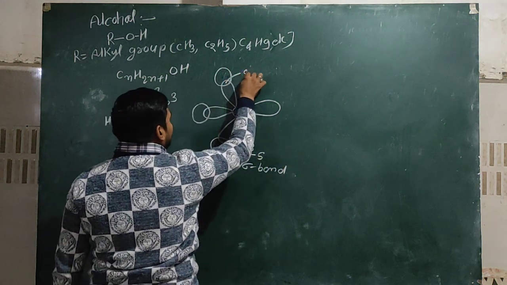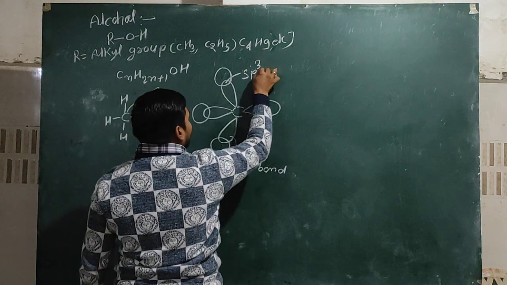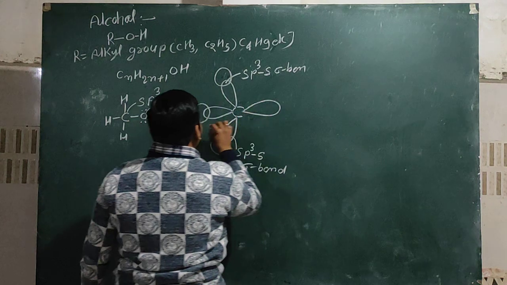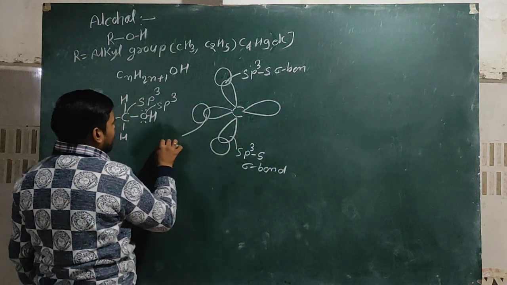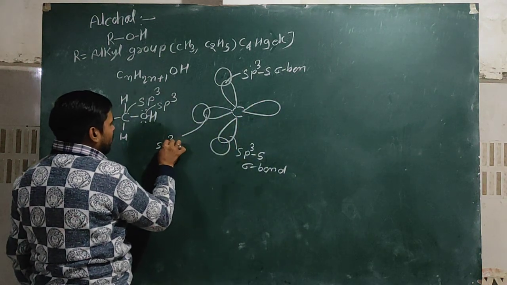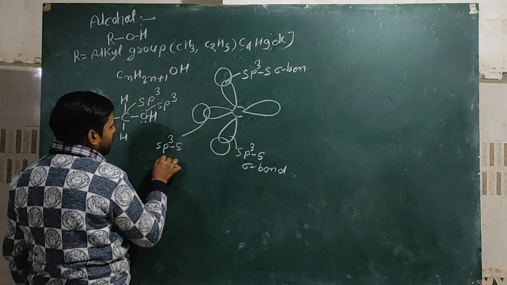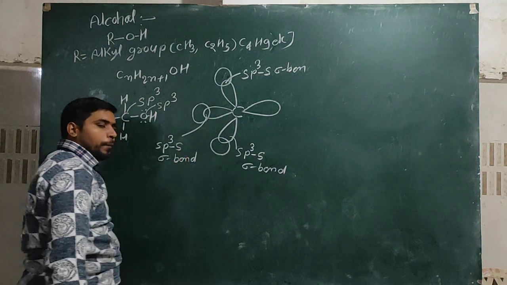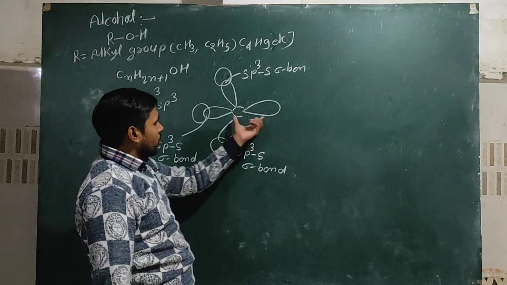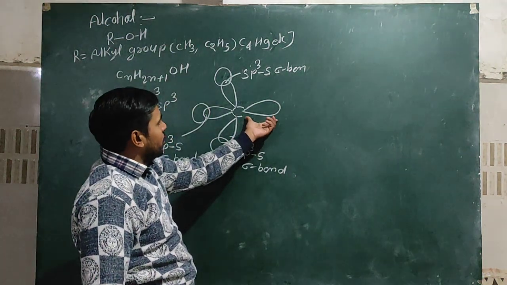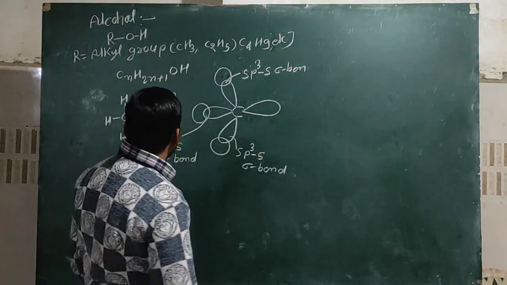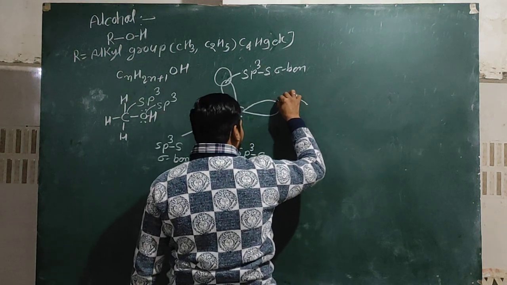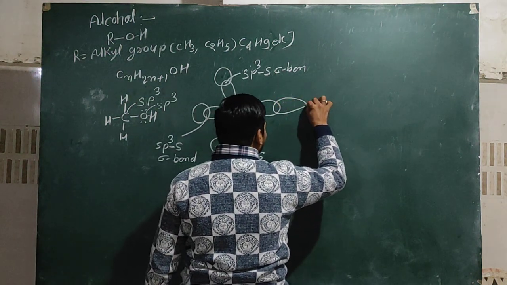It also contains an sp3-s sigma bond, and it also contains an sp3-s sigma bond. Okay, but one sp3 hybrid orbital of the carbon atom is directly bonded with another sp3 hybrid orbital of the oxygen atom,